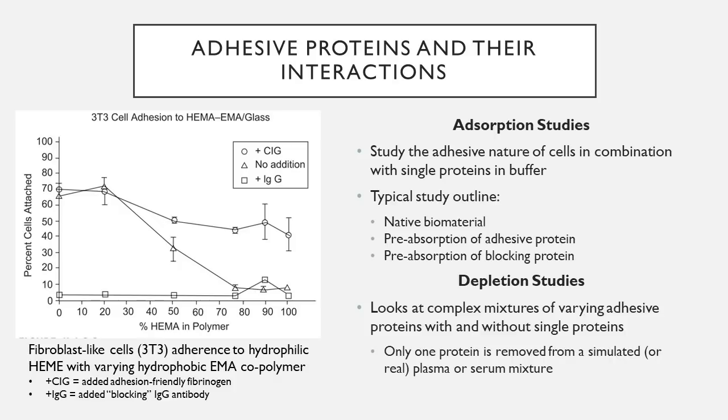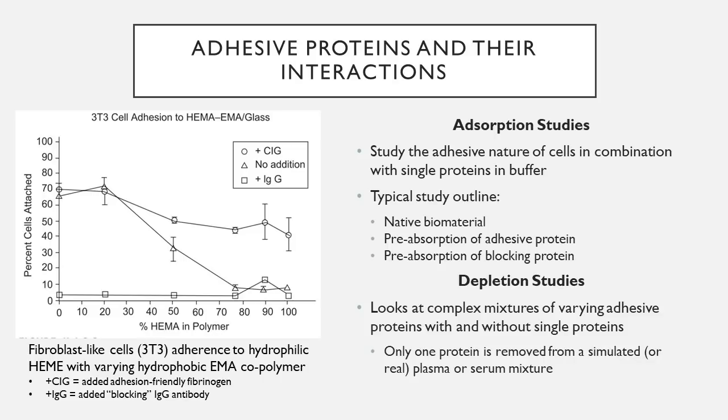In adsorption studies, we're usually looking at one particular protein at a time within a buffer. So it's the simplest kind of study because there's only one type of protein present in that buffer. Usually scientists have already outlined what material they're going to be testing and how they're going to be modifying it. They might do a pre-adsorption step where they allow a particular adhesive protein to already adhere to the biomaterial before starting the test. They also might introduce blocking proteins to see how they affect the adhesion of cells to